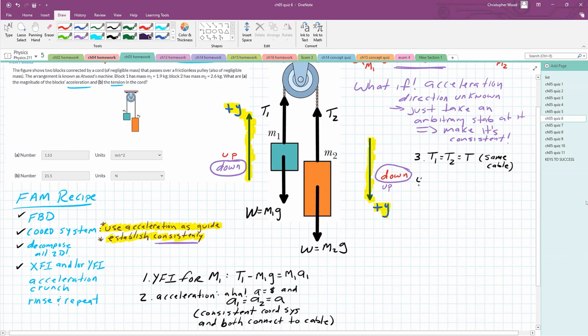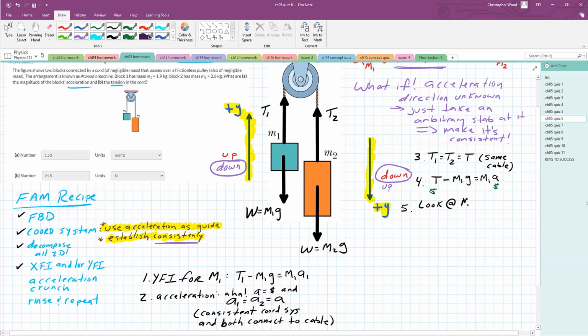So here's my final result. I have T minus M1G equals M1 times A. And there are my dollar signs. T is a dollar sign. A is a dollar sign. So I need another. I can't solve that. I have one equation with 2 unknowns. So not to fear. Let's go ahead. Let's look at